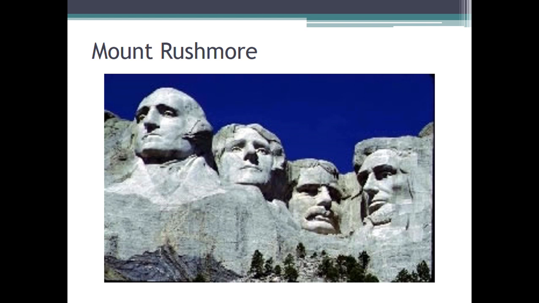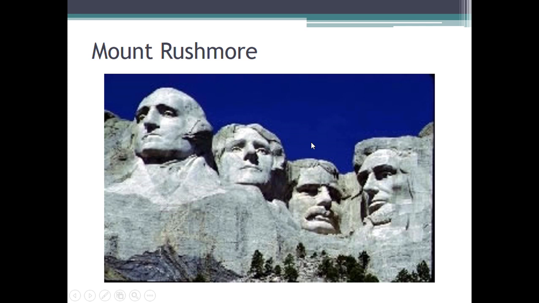And if you didn't know, he is one of the faces on Mount Rushmore there. I'll quiz you real quick. You have 4 people. Here's 1, 2, 3, 4. Go ahead and guess at your screen. This right here, President number 1, George Washington. This guy over here, President number 3, Thomas Jefferson. And I hope you knew this guy, President number 16, Abraham Lincoln. Theodore Roosevelt was President number 26.